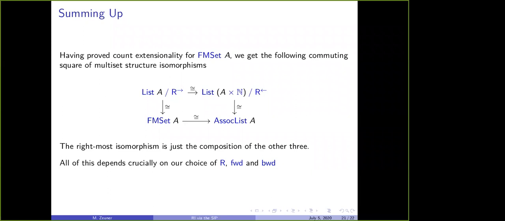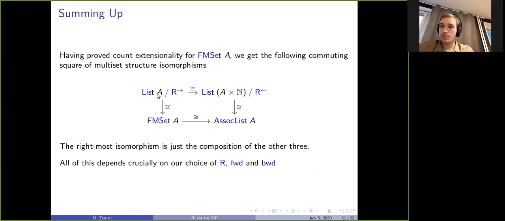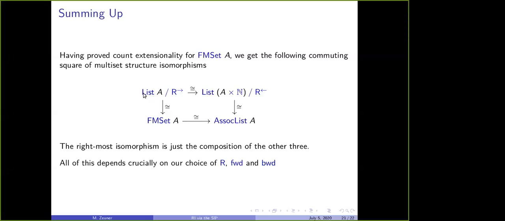Yes. Now, of course, this is the kind of difference that you can't really see if you only look at things extensionally, right? Yes. So my question is whether the type that you get by quotienting list of A with this R to the right relation is the same as the FM set type, which was a list type plus the permutation path constructor.